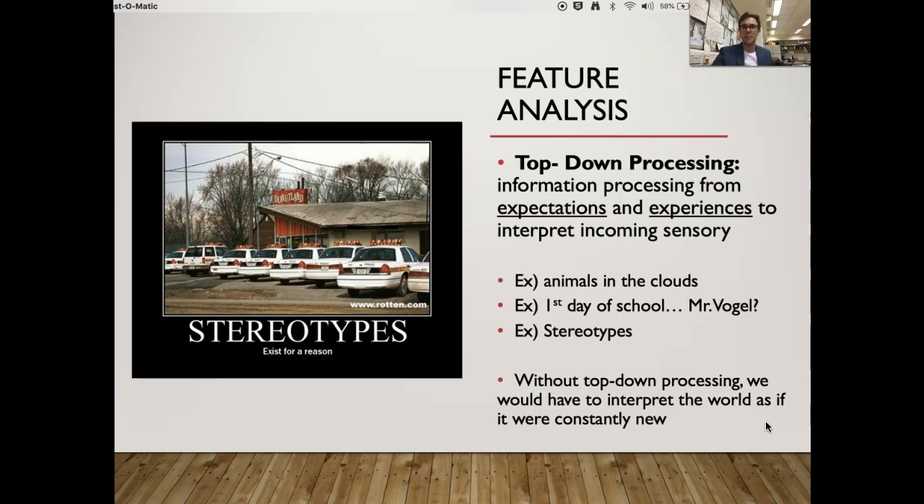So some examples of this could be like, you just recognize things. Like you look up in the sky and you see, oh, it looks like a bunny, or it looks like a duck, or it looks like a person, right? And the reason we're able to do this is through top-down processing, because we have developed these expectations and experiences with these specific shapes. Or the first day you walk into my classroom, okay, why did you know I was